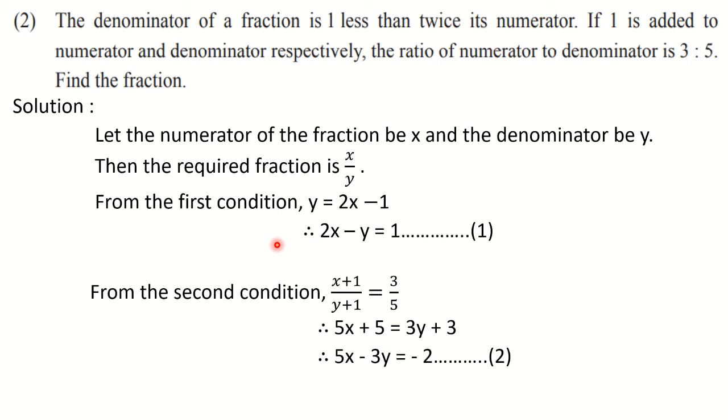What we will do is we will multiply equation 1 by 3. So we will get 3y here. Okay. So the new equation will be what? 6x minus 3y is equal to 3. Here also minus 3y and here also minus 3y. So addition will not help us since the signs are same. We have to go for subtraction. Okay. So let us multiply equation 1 by 3. So write down multiplying equation 1 by 3.